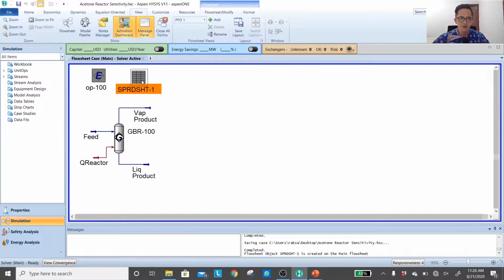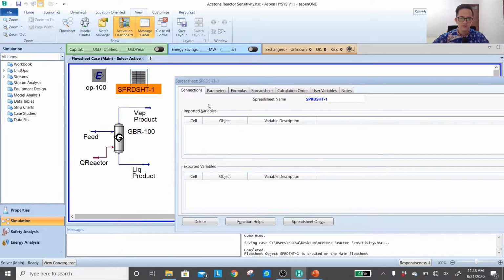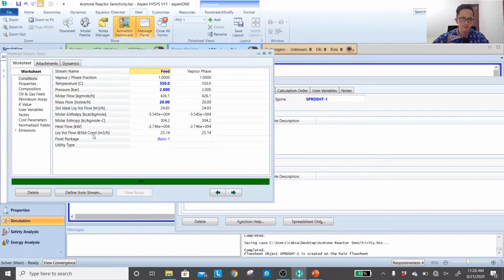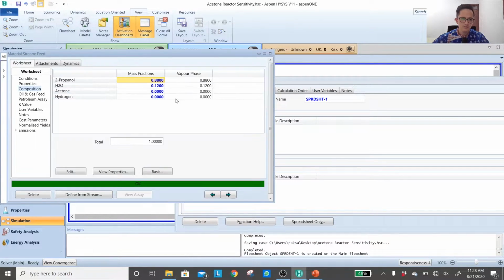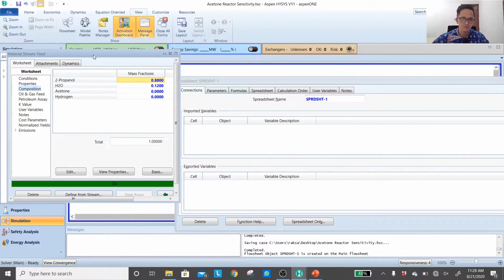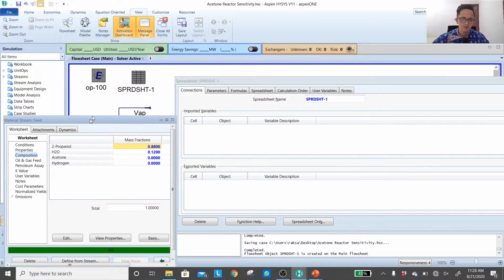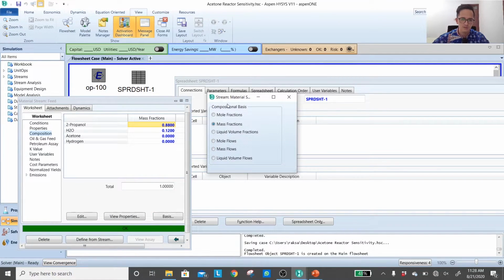Okay, how? Let's get to the feed condition. Change the basis. Fraction, let's use mole flow. The propanol will come at about 292 kilomole per hour.